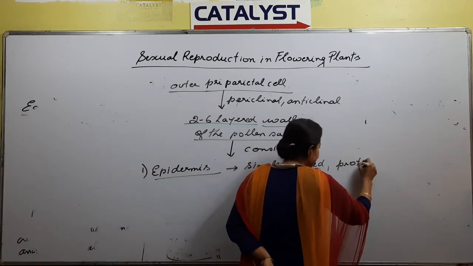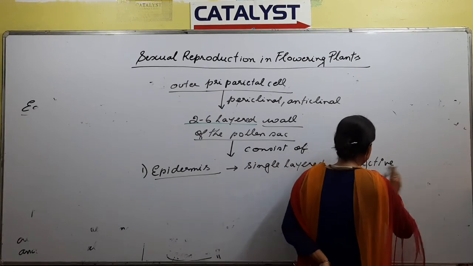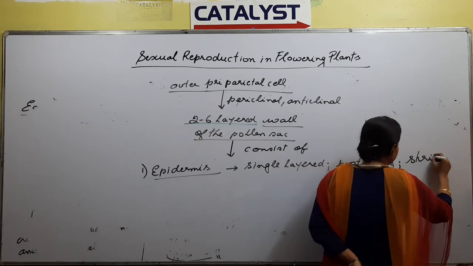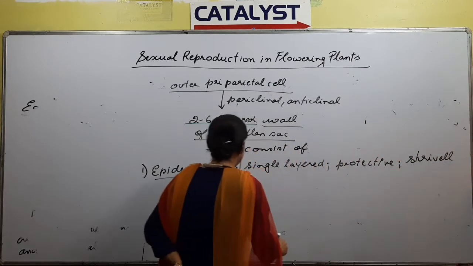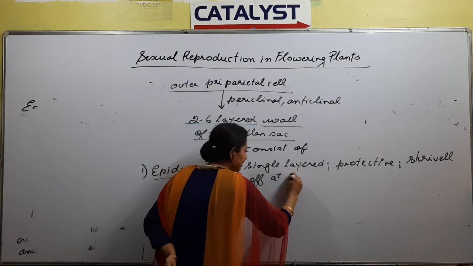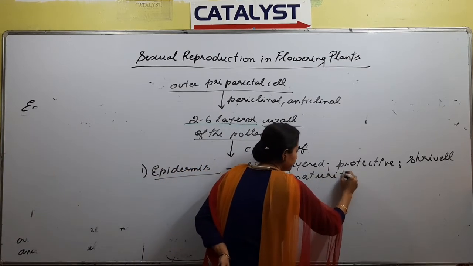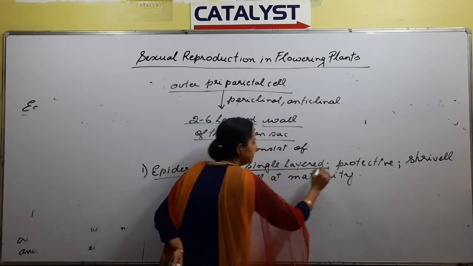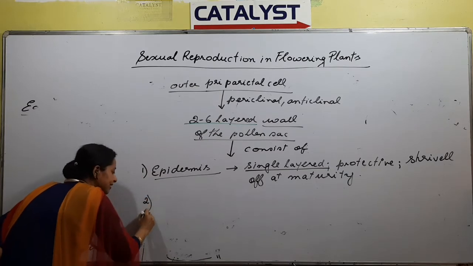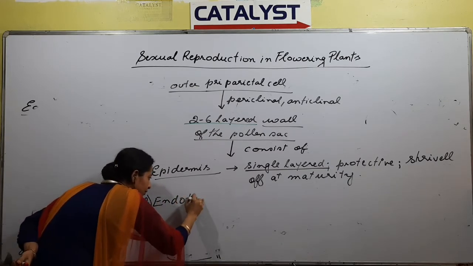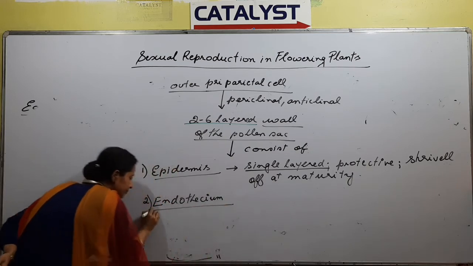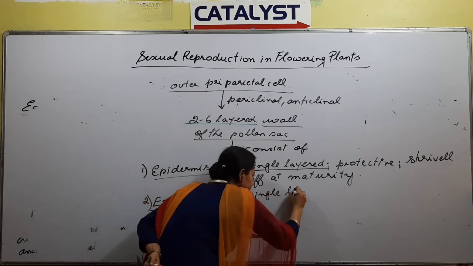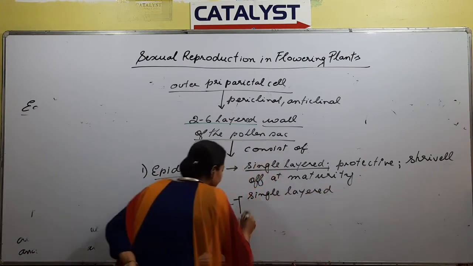Its function is protective, right? And it shrivels, meaning it falls off at maturity. So these are the points about the epidermis. Single layered. What will be below the epidermis? Endothecium. The endothecium is also single layered, right? Next it has